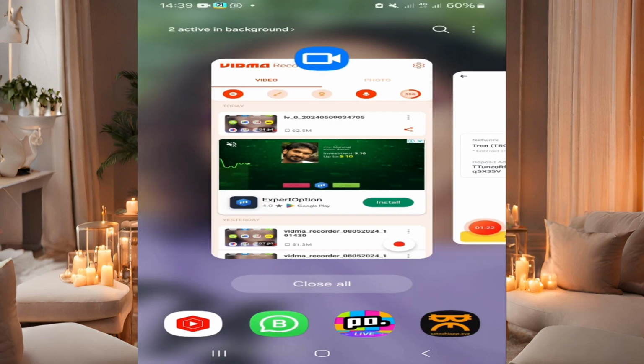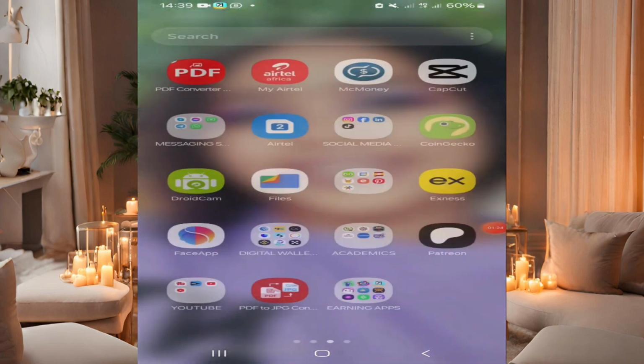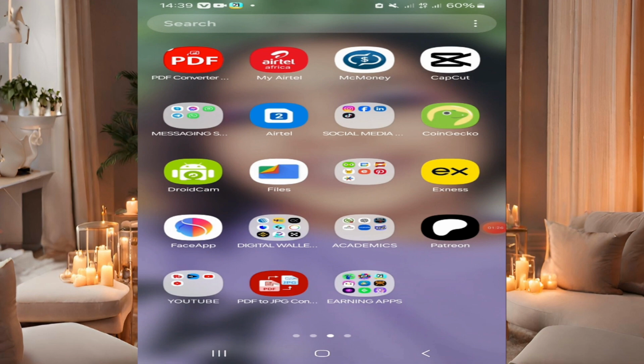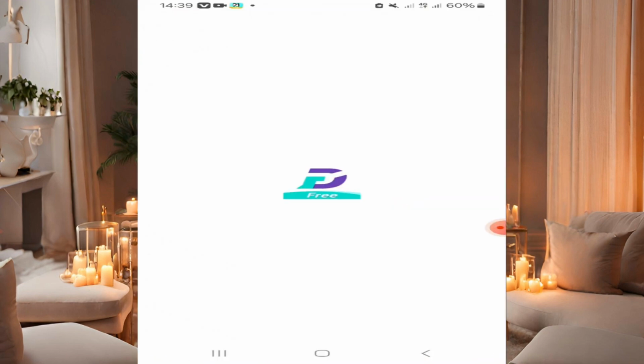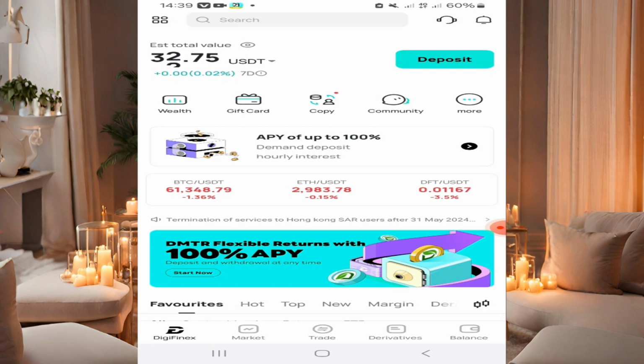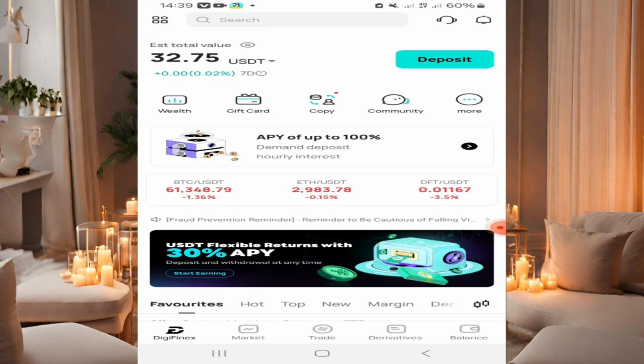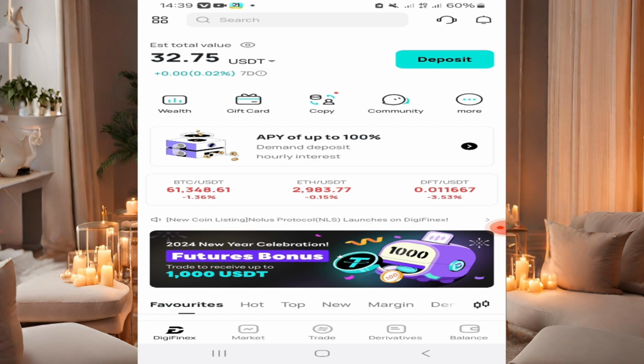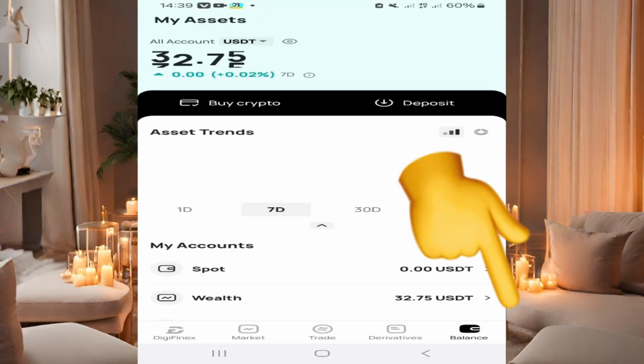Okay, so after copying the address, head on to Dphenex. And boom, we are in. If your funds are in any other wallet apart from the spot wallet, you need to remove it from there and transfer it to the spot wallet. So click balance in the bottom right corner,